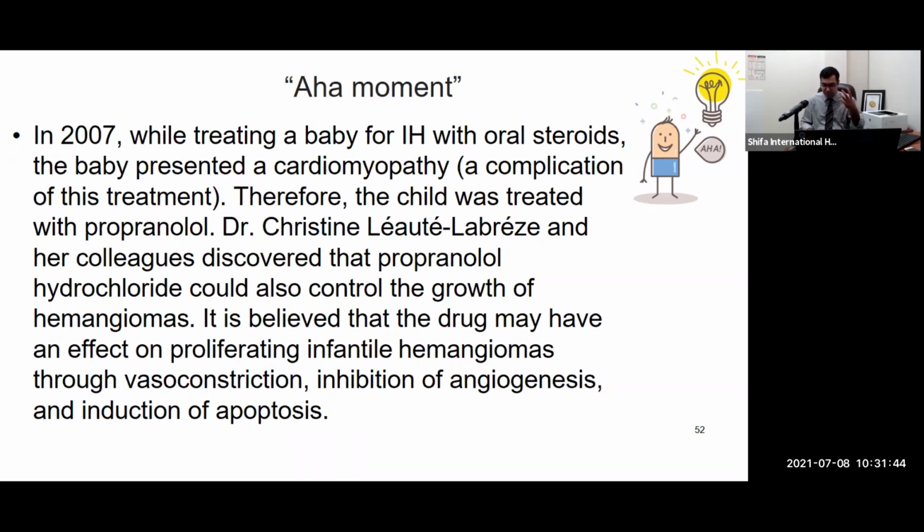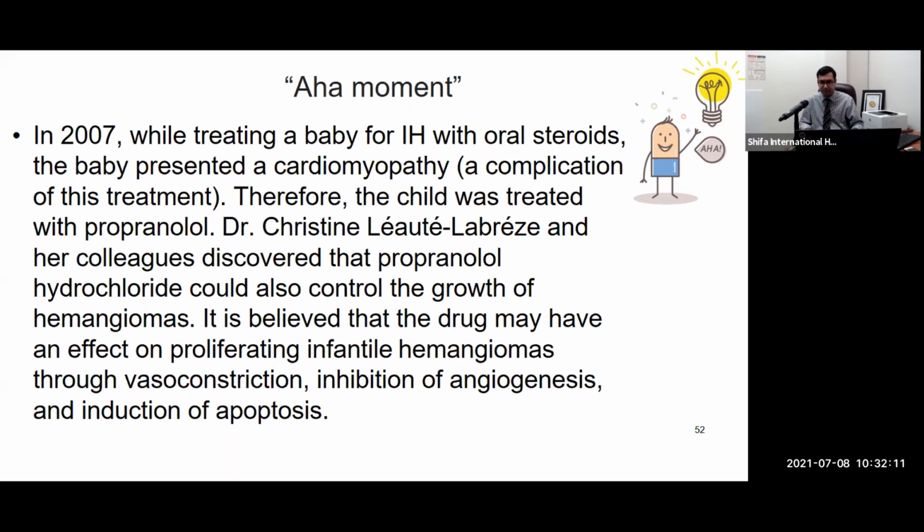They were consulted because of the hemangioma, but she was very observant, as most of us are scientists as well. She noticed that over the days she was reviewing this child, the hemangioma shrank very rapidly. So she looked at the drug chart and thought that the drug that may be affecting the proliferating infantile hemangioma was propranolol. And then obviously